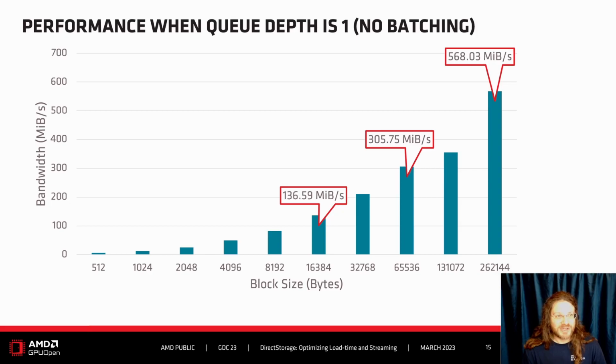So as you can see on the left axis, the y-axis, we have the bandwidth in megabytes per second, and on the x-axis, the size of blocks, so the size of each request. And we can see that at 256 kilobytes, the maximum throughput is approximately 568 megabytes per second. This is not exactly fast for this particular storage device. As you can recall, it was able to service requests at around 4.5 gigabytes per second.